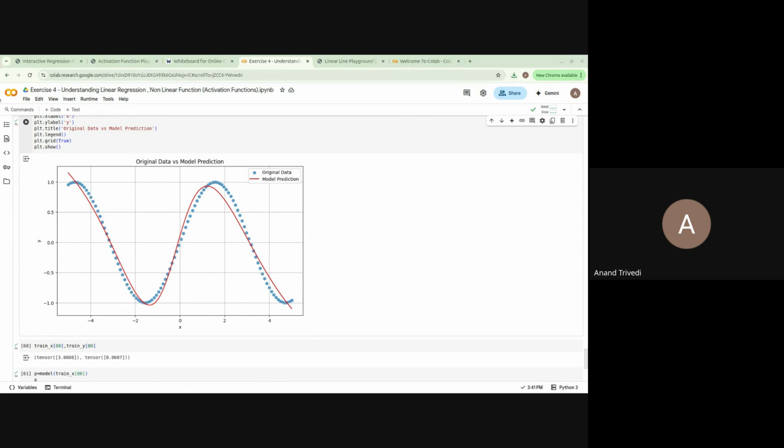Tell me the difference between these two. Now, I will just open them, Tanh and